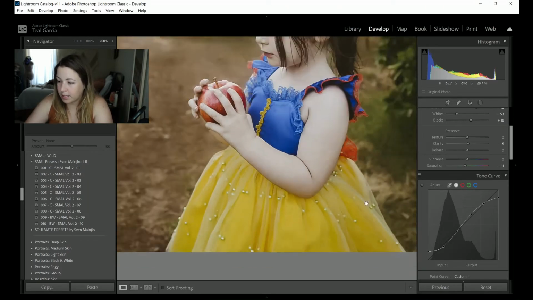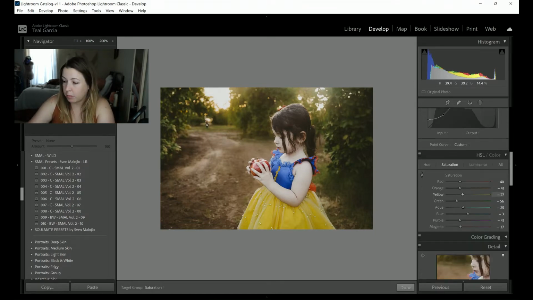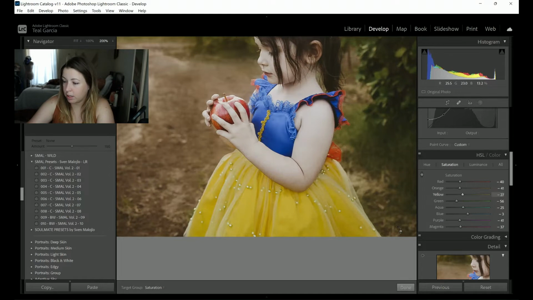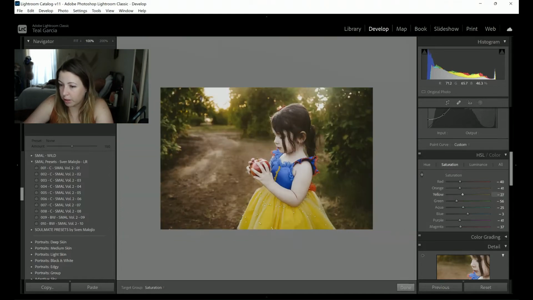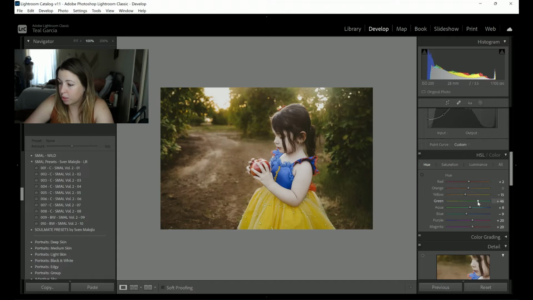All right, I think I want to play with the greens in the trees a little bit more, and then I think I'm about done. So we're gonna play with the greens. I don't know if I want to use this one though. That's gonna mess with her skirt too, so we don't want that. I think I just want to go in here to the hues, and I want to make sure the greens are green,